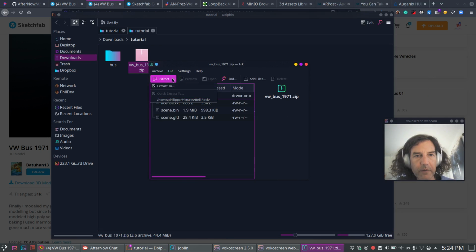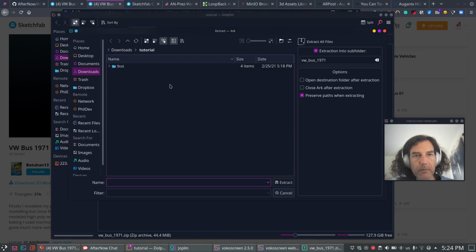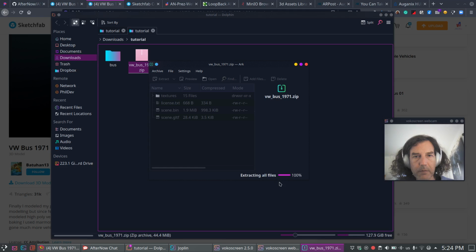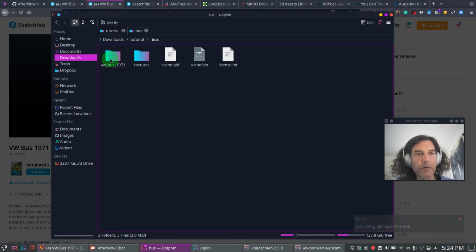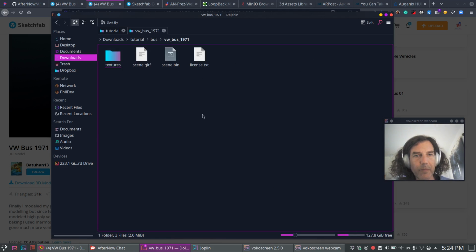So I'm going to extract. Okay, and I'm going to extract that into this folder here. There we go. So all the files are extracted and they're in this folder. There we go here. So I have all the folder of the Volkswagen bus here,